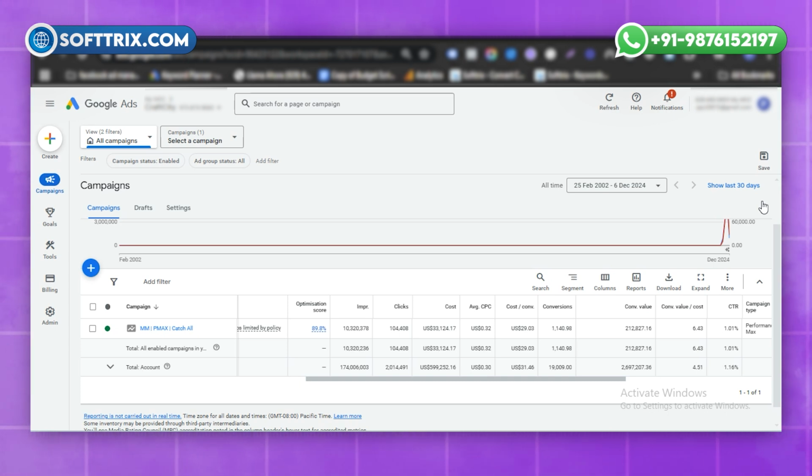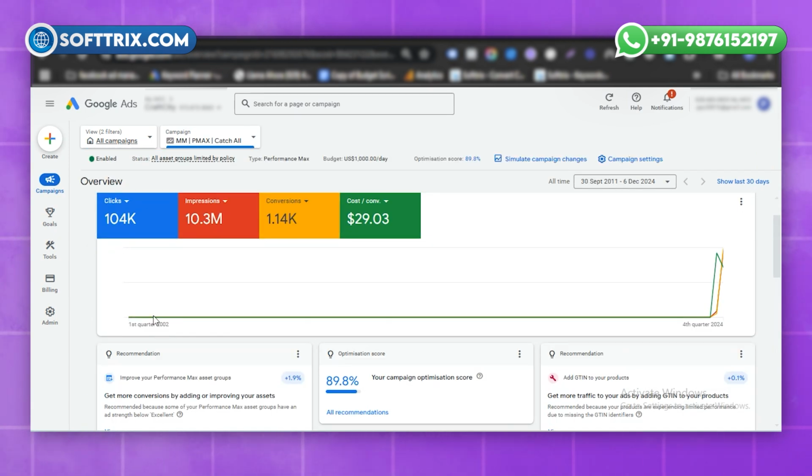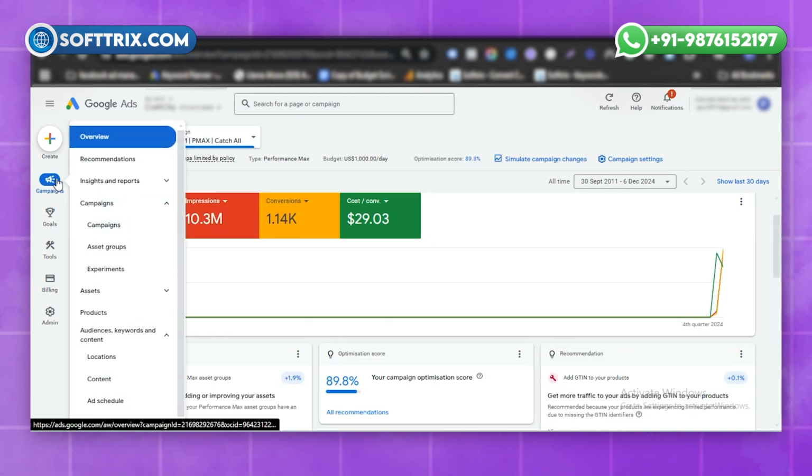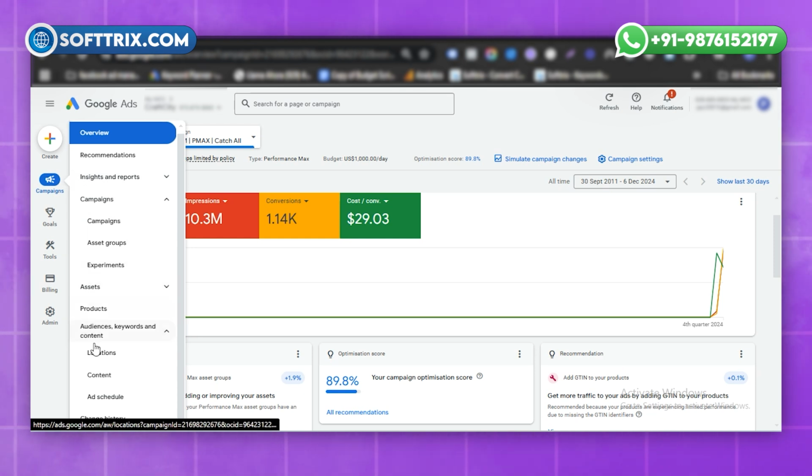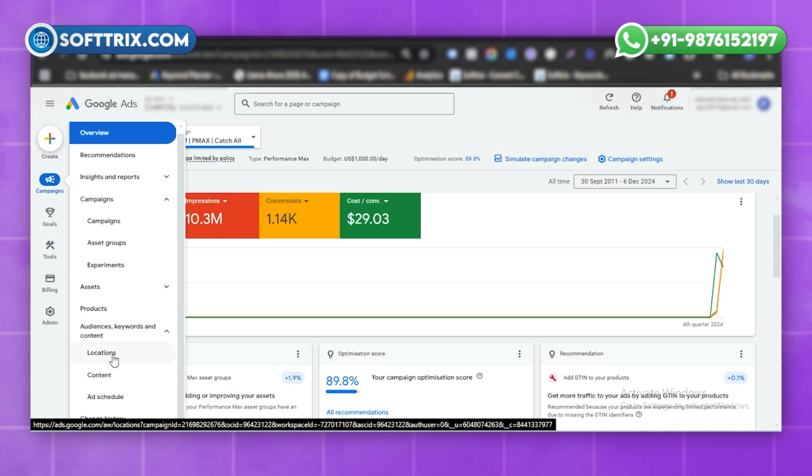That is why it is important to exclude the non-targeted locations to make sure we are not showing our ads in those areas. So you need to select the campaign first, click on the campaign to select it, and then under the campaign section you can find the option Locations.